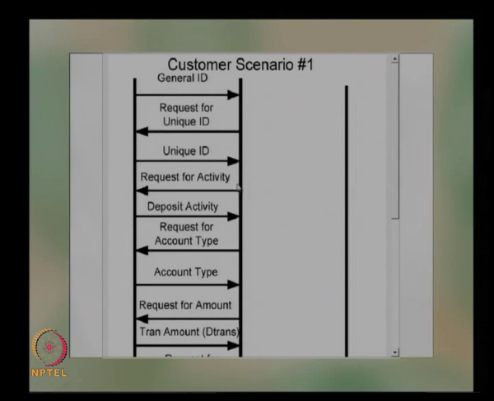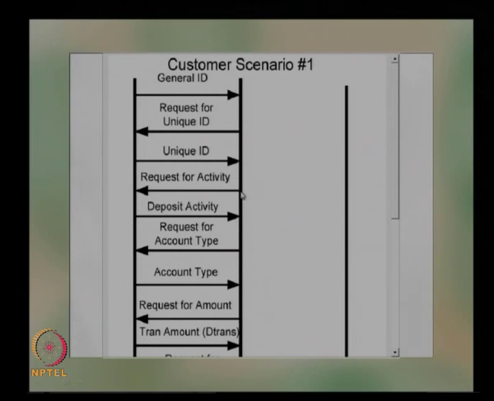If there is a database, it will verify against its database. Otherwise there will be another line coming from here to the server which verifies the ID and gives feedback. In this case it is assumed that the ATM itself has the IDs or passwords stored for a particular general ID.